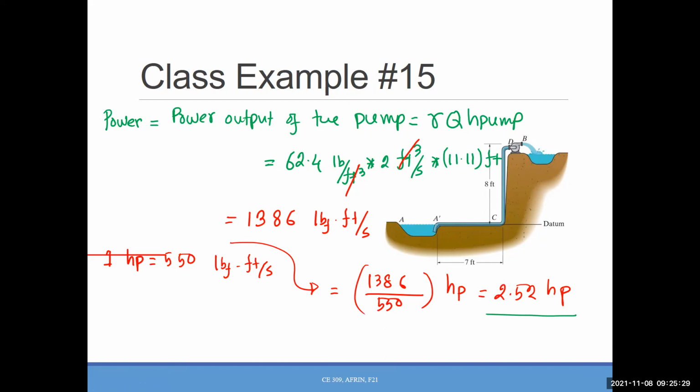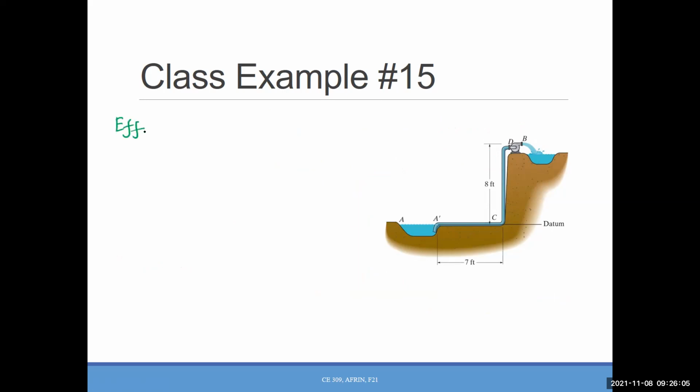That 2.52 horsepower. Okay. And the next part is you need to calculate the efficiency. That means, considering all the losses and everything, this is what you got. And you know what amount of power was supplied in the system. So can you calculate the efficiency? Okay, how can we do that? Okay, everyone is done with this slide. In the back, you're done? Okay, so the efficiency